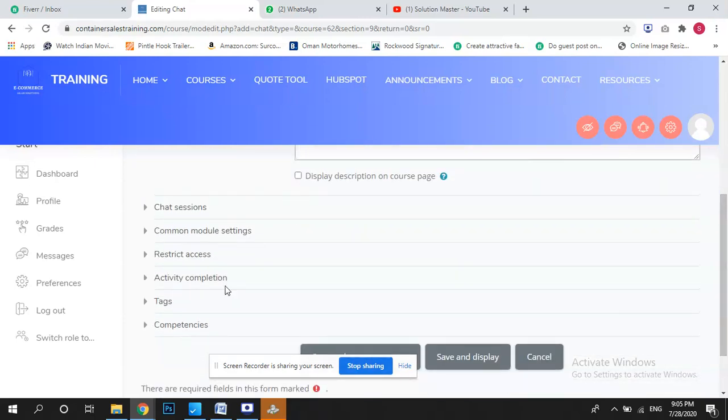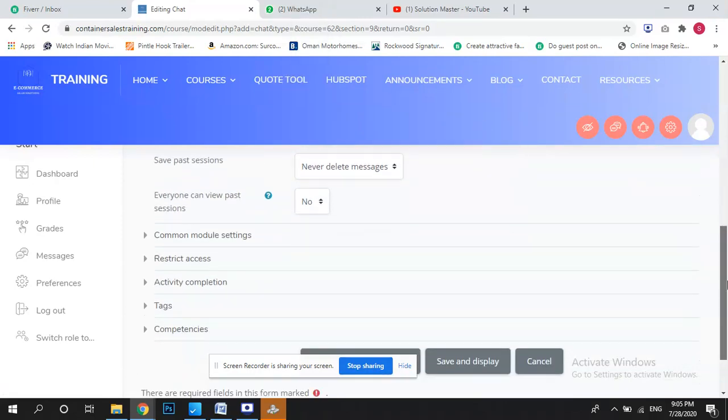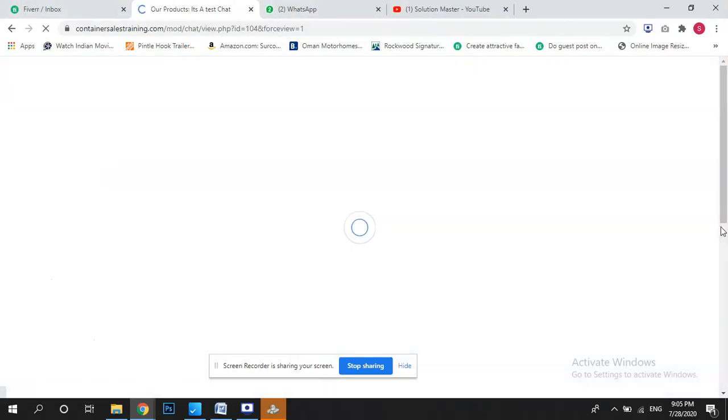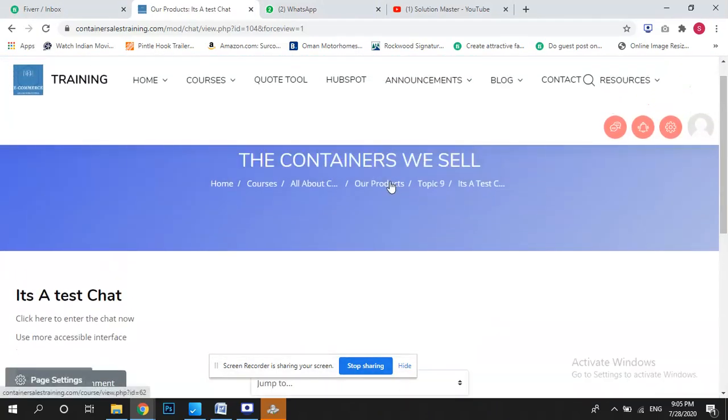Some description, same things. Chat, when you want to start the next chat. I will put a previous date so we can test, save and display. Okay, so I have added the chat as well. I will come back to the course.